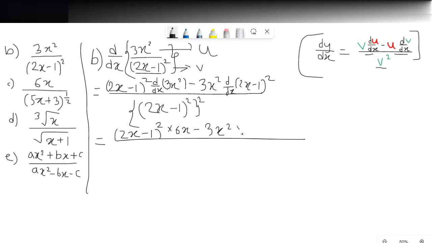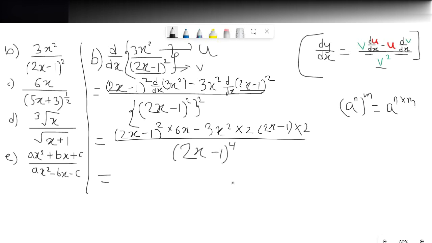So using chain rule, just like before, you have 2 there and 2x minus 1 whole to the power 1 because 2 minus 1, and then multiplied with the derivative of 2x minus 1, which is 2, and divided by 2x minus 1 whole to the power 4, because according to the indices rule, if you have a to the power n whole to the power m, then you have a to the power n multiplied with m,